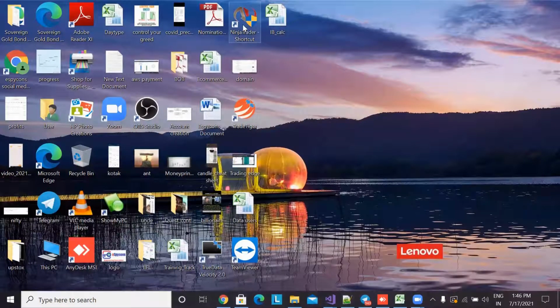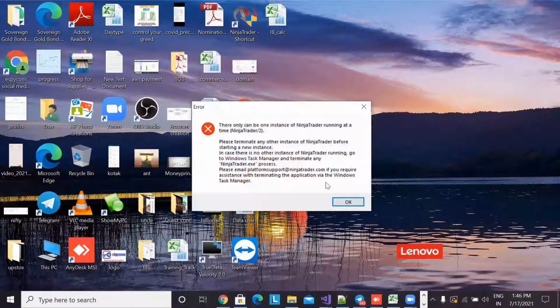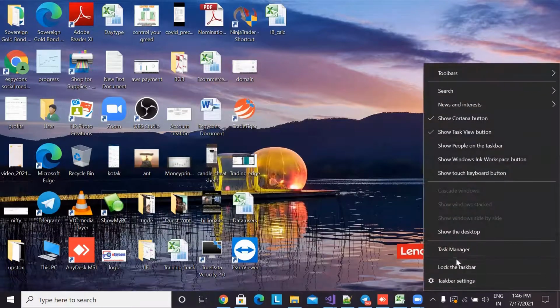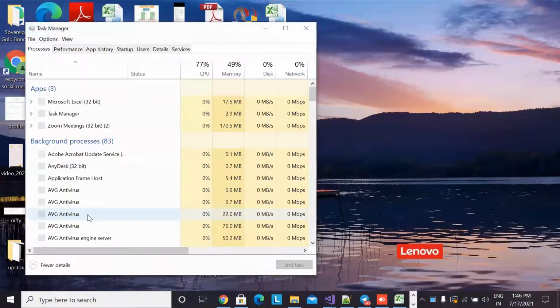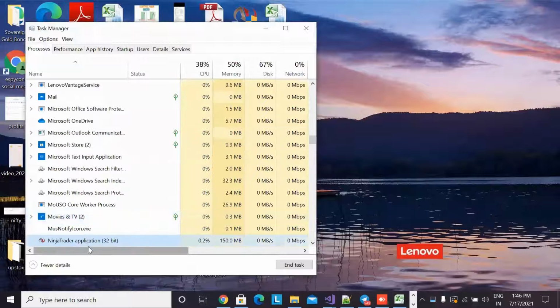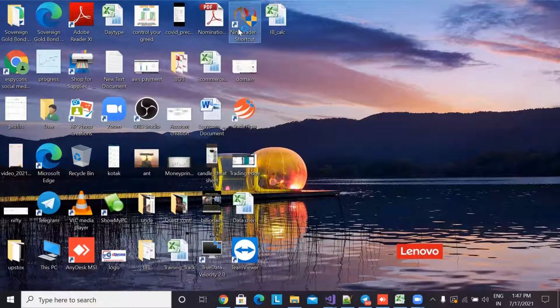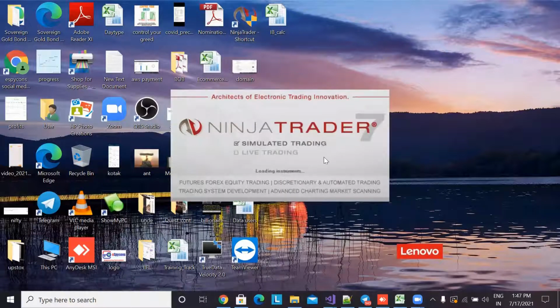Now, if you want to open it, I'll just double click on this. Let's assume you see something like this, where you get a NinjaTrader option which is already running. Now go to Task Manager and click on Nifty. This happens whenever you do not close TrueData, because it is also connected. That's the reason it will come. Now double click again on NinjaTrader, and it will open up. See, it is opening up.